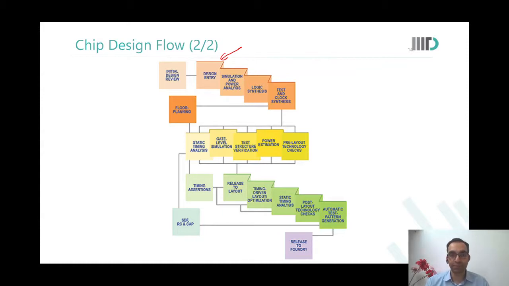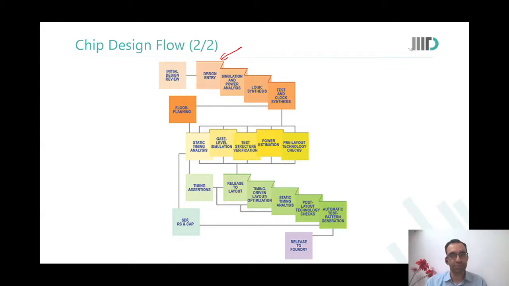Yes, sir. And one more thing, you have mentioned clock synthesis before floor planning. Generally in a flow, we see that after placement and floor planning, we do the clock tree synthesis. But here you have put it before. See, synthesis would happen alongside floor planning actually. So that is where the link is. So test and clock synthesis leads to two things, floor planning and this. But that is a horizontal connect, so it could actually be happening in parallel also. They feed into each other.